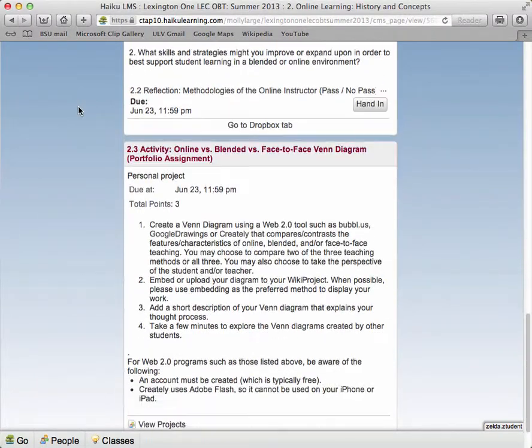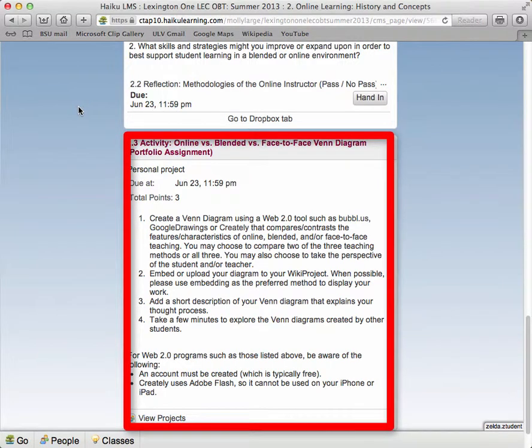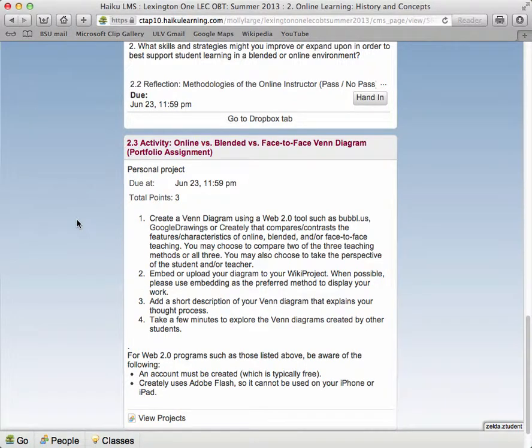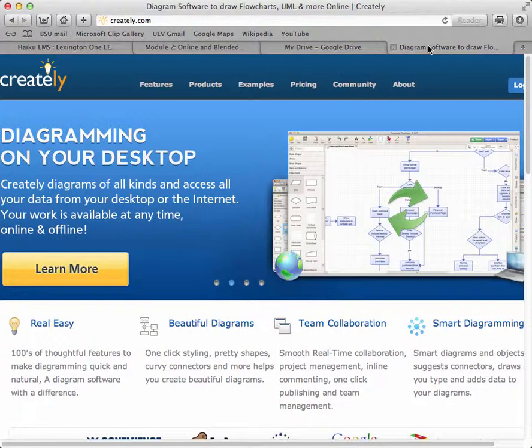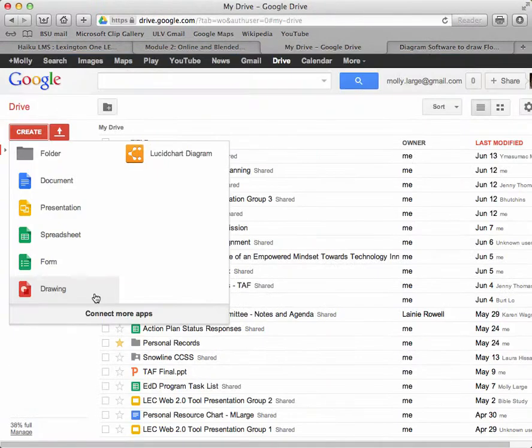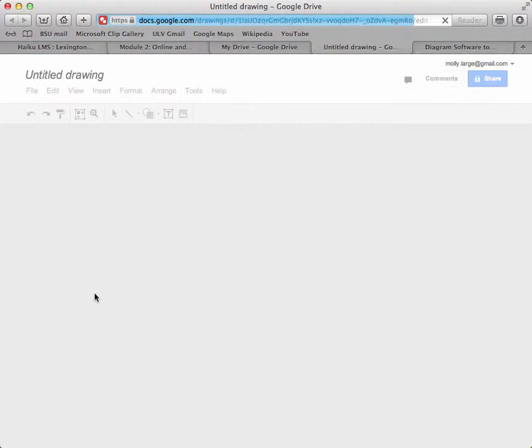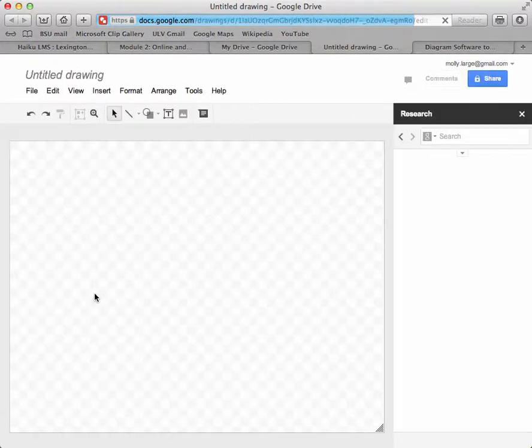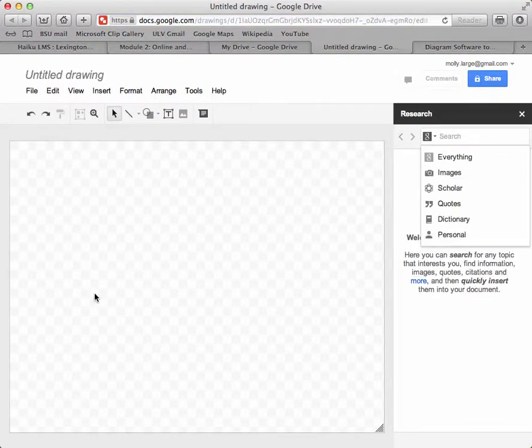This week you will complete your first portfolio assignment, a Venn diagram comparing online and/or blended learning and/or face-to-face teaching or learning. You will create your Venn diagram using an online tool or app. The curriculum links to a few tools, including Creately and Google Drawings. You should try to play around with at least a couple of these tools to better understand their strengths and